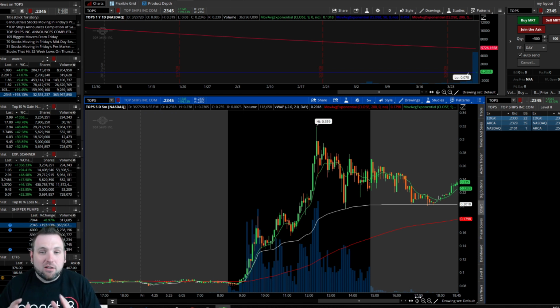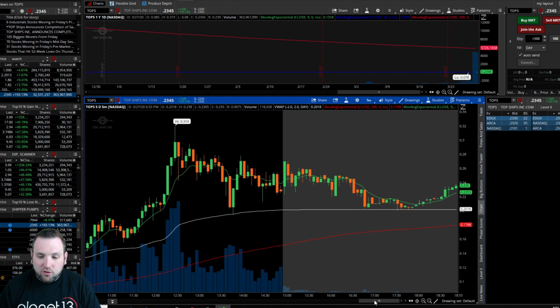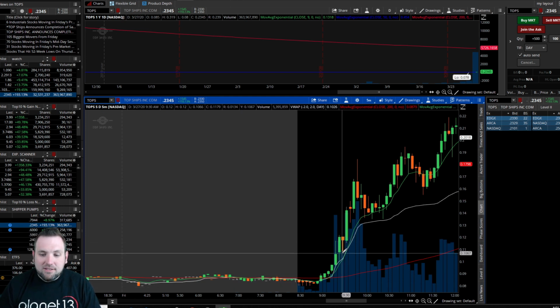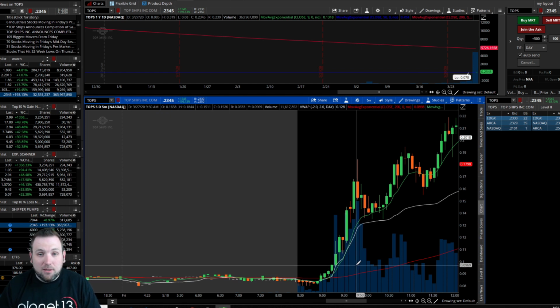You're in and out of the stock quick, you're getting your gains, and with scalping, you want to use tight stop losses. So, for example, because you're using those bigger share sizes, you don't want to be risking too much on these scalps. So you buy in at 10 cents, you probably want your stop loss at like 9 or 8 cents. So if it does start coming back down some, you're instantly out and you take a very, very